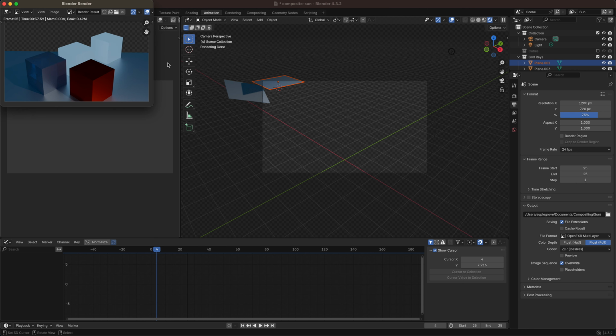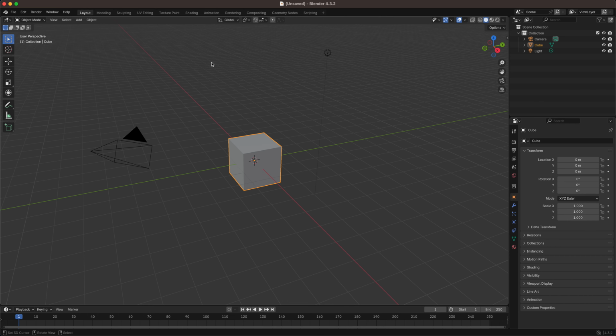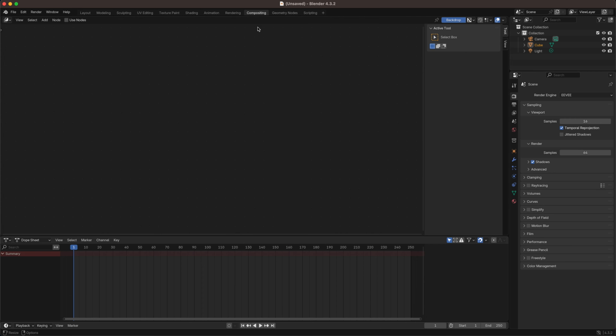All right, and that is done. So you can see there's the transparent background, and it did render both layers. So from here, I'm just going to close out, save my file, and make a new one with Command N, new general file. I can ignore everything that's going on in the scene itself, and I'm just going to head